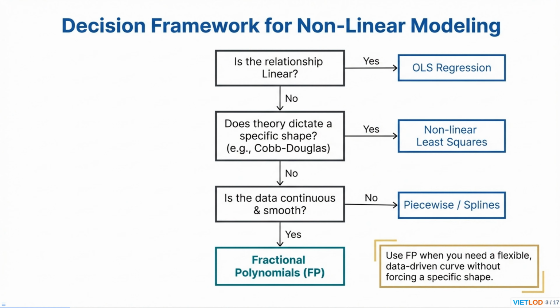However, if theory doesn't provide such a specific shape, we then evaluate the nature of our data. If the data is discontinuous or exhibits sharp, non-smooth changes, then piecewise regression or splines are excellent choices to capture those abrupt shifts. But if the relationship is nonlinear, without a specific theoretical shape, and the data itself is continuous and smooth, then fractional polynomials, or FP, emerge as the ideal solution. FP offers a flexible, data-driven approach to discover the best curve without forcing a preconceived shape, striking a balance between